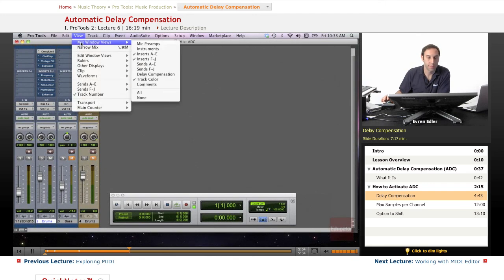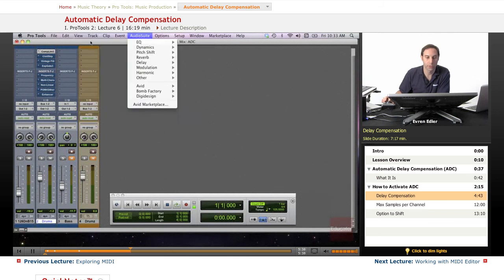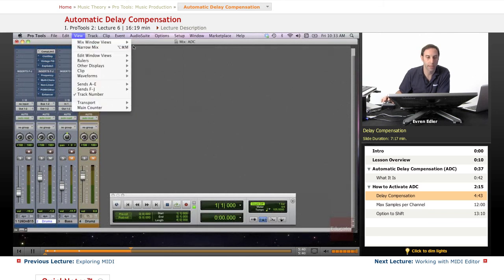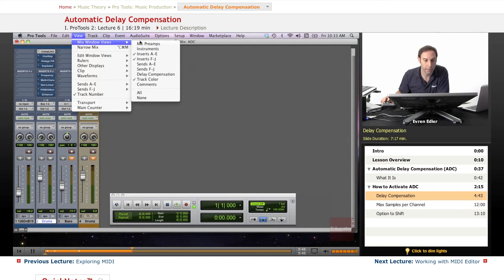Since we're on the mix window view, we can go under the mix window views and scroll down. Let's get that one again. Trackball is very sensitive sometimes, but if you see this menu under the mix window views, you see the delay compensation is right there. So let's turn